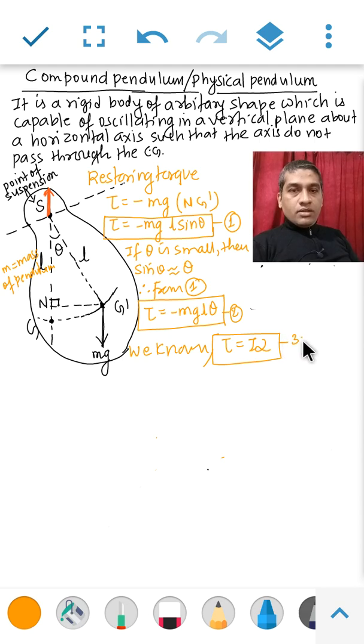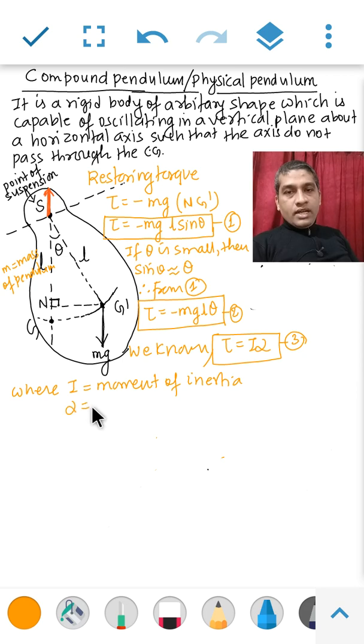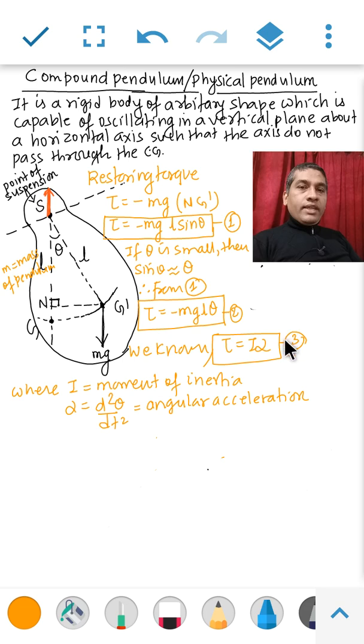This is relation number 3, where I is the moment of inertia, and alpha is d square theta by dt square, and this is the angular acceleration. Now we can equate 2 and 3, so from 2 and 3 we get